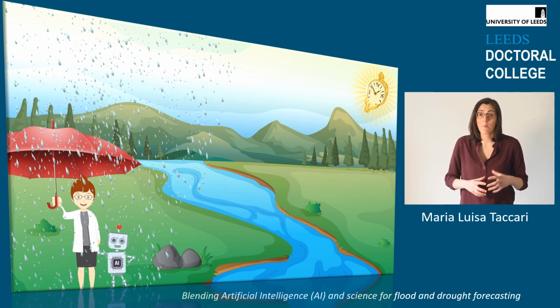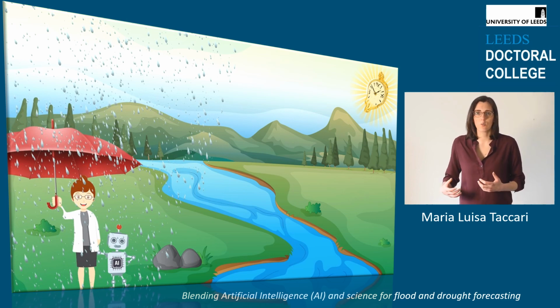Every day, before stepping out of my house, I check the weather forecast. In this way, I know whether to take an umbrella or not. In the same way, policymakers constantly need to check water models in order to know if there is too much water, leading to floods, or too little water, leading to drought. Based on the results of the model, they can know whether to take any actions. If, for example, there is a risk of floods, they can decide to evacuate people or to divert the water.